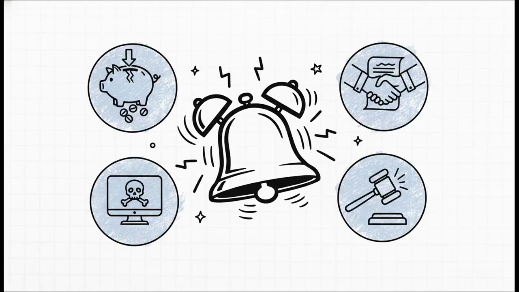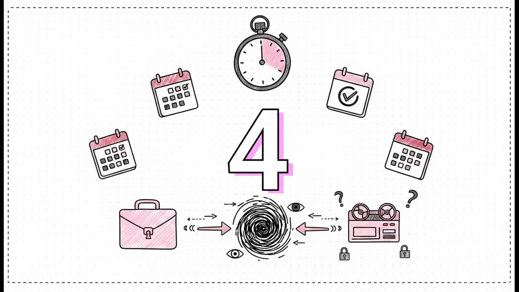You can think of the Form 8K as the market's rapid response system. It gets triggered by major corporate shocks. We're talking sudden bankruptcies, massive acquisition agreements, or even serious cybersecurity breaches. Missing this filing, that's a surefire way to trigger SEC enforcement and totally wreck investor confidence. Now, here is a high-value insight you really need to keep in mind. Companies have exactly 4 business days to file this disclosure. Just 4 days.